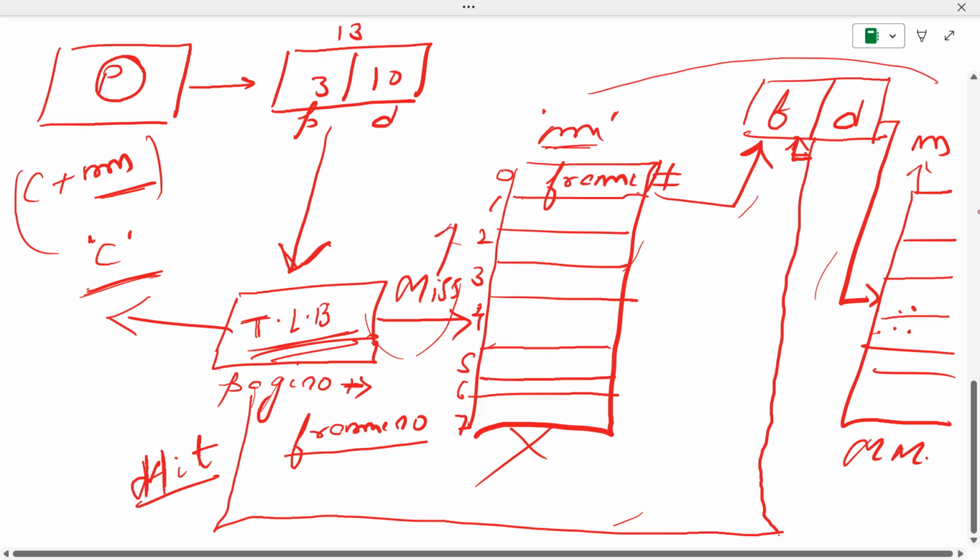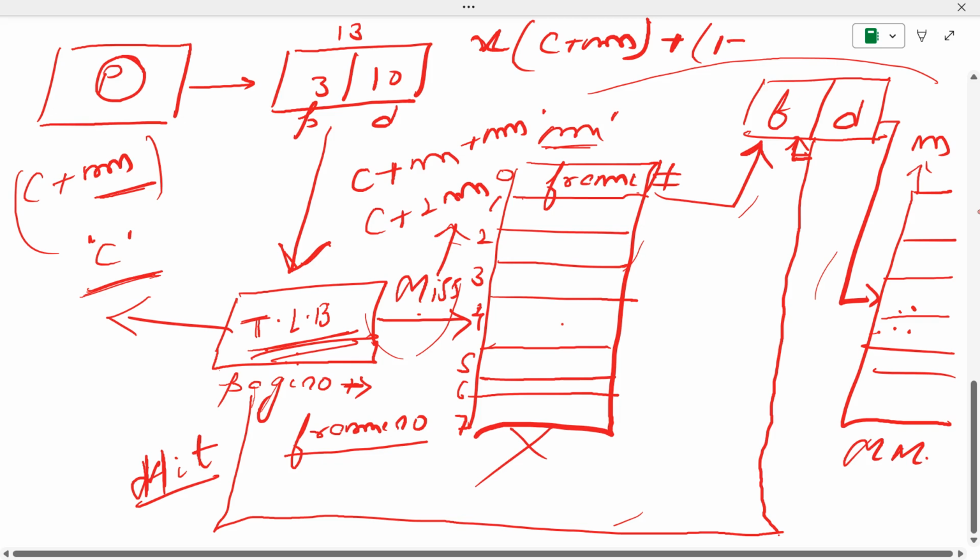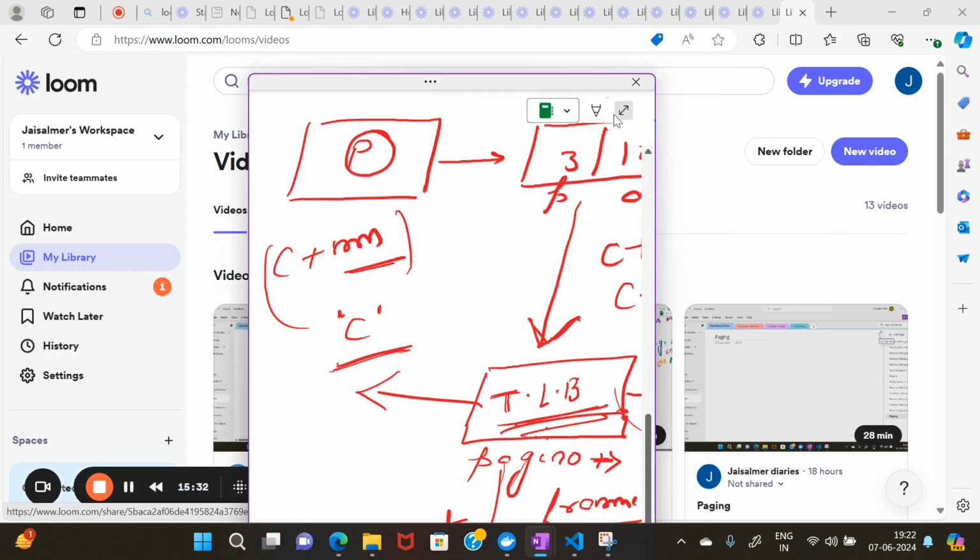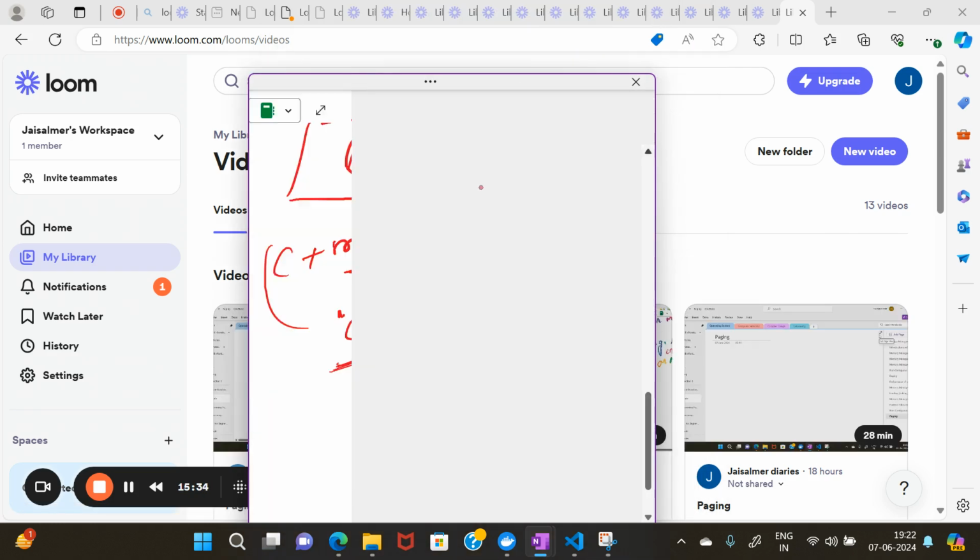But if it is a miss, first we access the TLB and it is a miss, then we access the memory, and again we access the memory to fetch the page. So it is C plus 2m. So let's say x is the probability that the page resides in TLB. Then the access time will be C plus m. If there is a miss, that is, the page doesn't reside in TLB, then it takes C plus 2m time. So this now becomes,